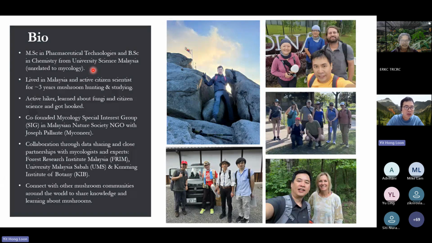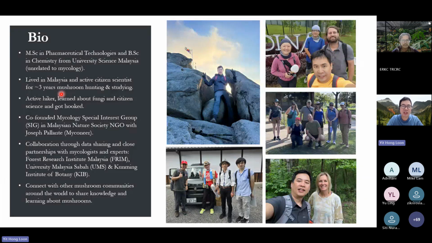That's why I learned mushroom. I do mushroom hunting and studying, and achieved this level in these 3 years. Of course, a lot of study, a lot of own